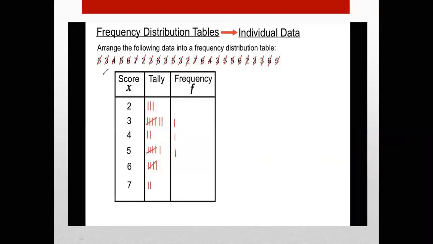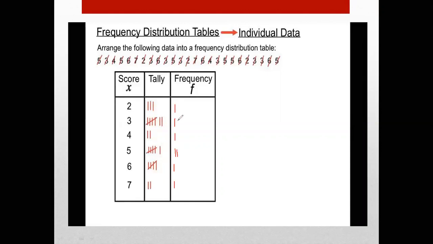Now you will go on cancelling when you're putting the tally mark. Then 5, so that you will not be confused about where you went. One more tally mark. Then 6, you will put again in front of 6 one tally mark. Then the next number is 7, so you'll put again one tally mark. Then the next number is 2, so you'll write one tally mark over here. That is how you'll be going on writing the tally mark and then striking out the number for which you have put the tally mark.